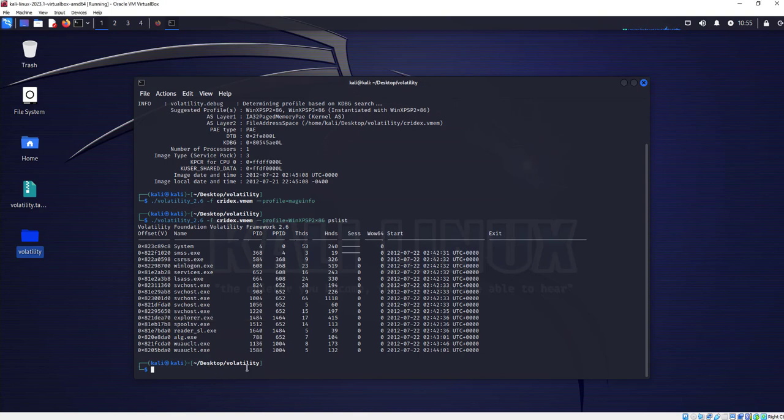So let's run the next one now. Now we're going to print all the running processes as a tree, right? Look again. I'm going to do it like this, PS tree. That's called the plugin, right? So you need to run volatility here, the program file. This is the memory dump, -f file crydex.man, and this is the profile, and this is called the plugin. Okay, so now if I run this,